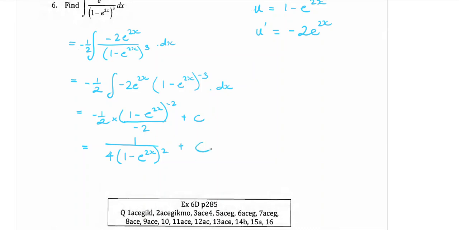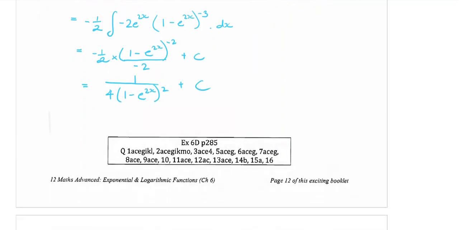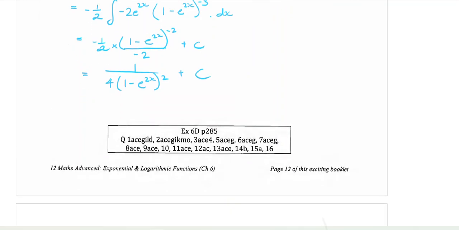Do you remember reverse chain rule now? Oh, just that 2 times that 2. Because they're both on the bottom. Yeah. 2 times 2x. Yeah? All right, that's it, 6D. There's quite a good lot of questions in